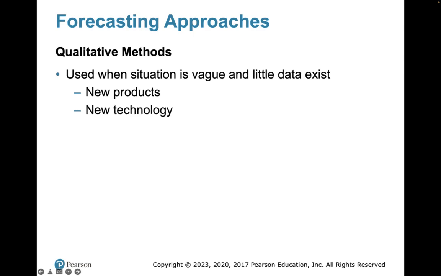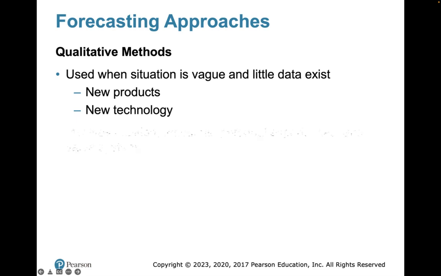And even in our industry, sometimes if we have a new group coming into our hotel, we don't know what their patterns are. We don't know their buying characteristics, or whether they're going to use the lounge a lot, or whether they need a lot of room service. That's another example where we're going to have to use our qualitative methods to figure this out.